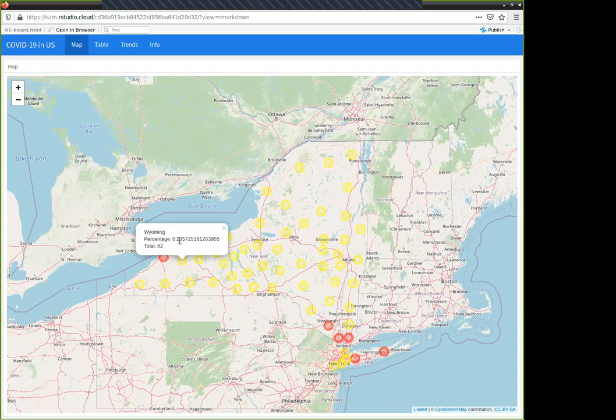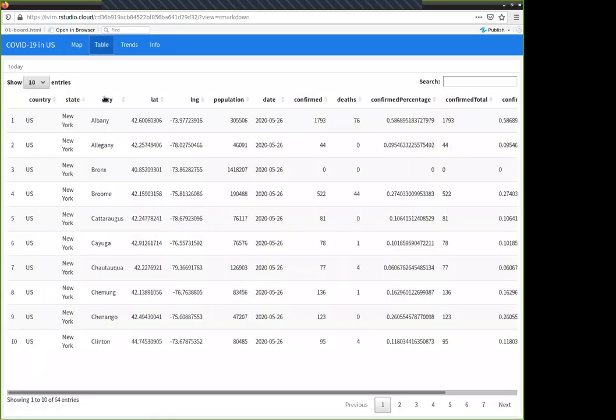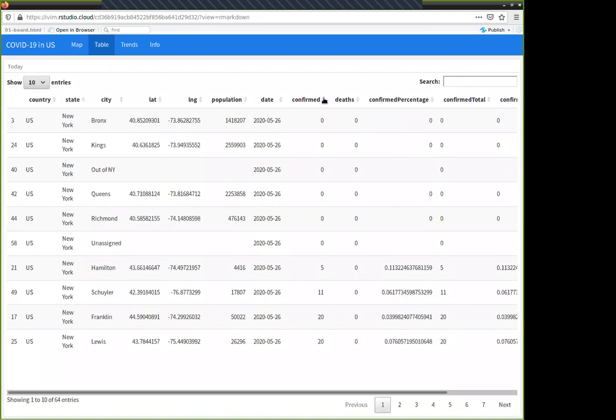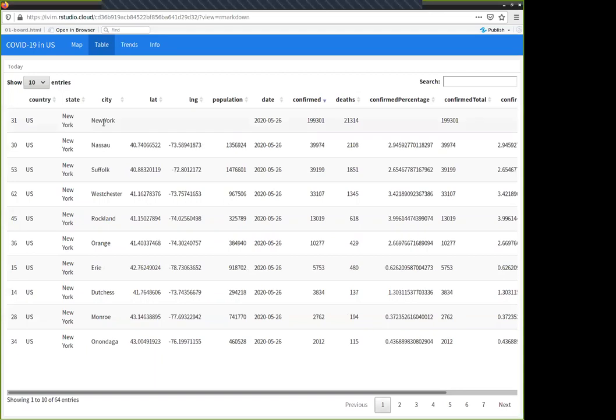So for example, 0.2% of people were infected yesterday, which is a total of 82. Now you can go to table, and in table you see an interactive table, and you can sort by city, for example, or by, let's say, confirmed. Let's find out in which city we have the largest number of confirmed, and you can say, okay, it's New York for sure, and then